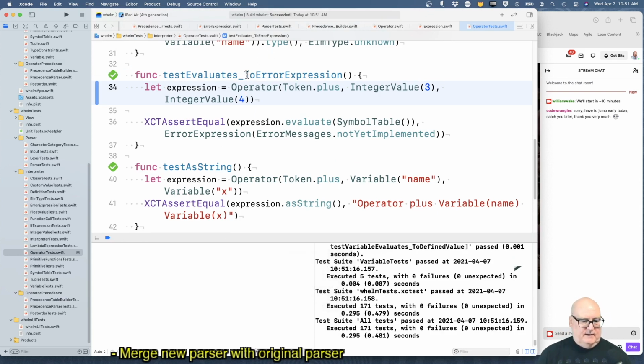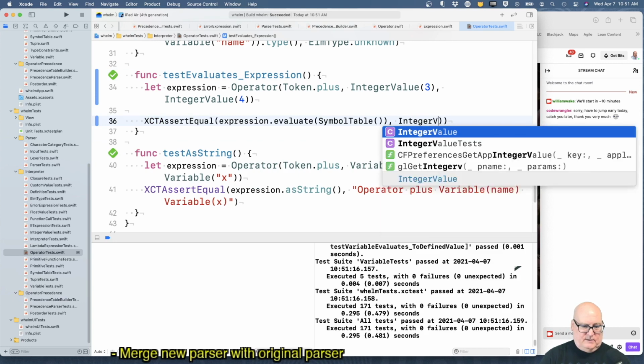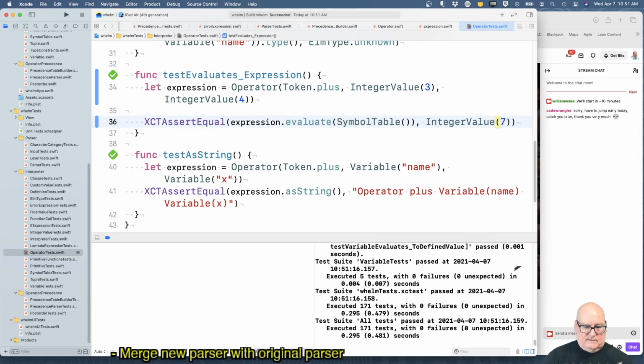Okay. Evaluates expression. Yeah, that's probably enough. Okay, evaluates expression. Well, we would like this to really be integer value 7. So 3 plus 4 is 7.